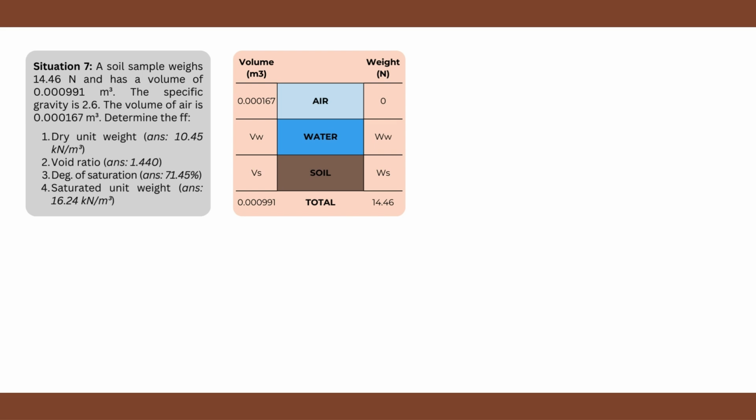To start, let us familiarize ourselves muna with the properties that we are trying to look for. For number 1, ang hinahanap natin is yung dry unit weight ng soil mass. And we all know that our general formula for unit weight is just the weight over volume. For dry unit weight specifically, ang need natin is yung weight ng soil solid, since dry nga, over the total